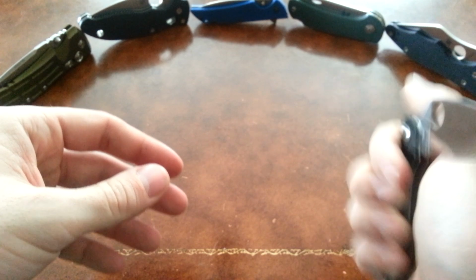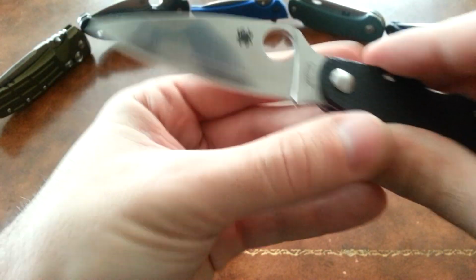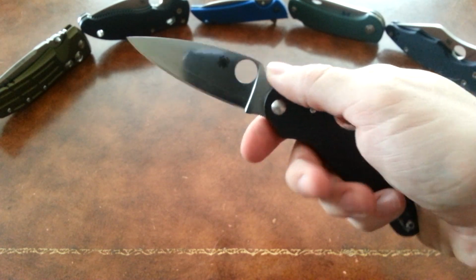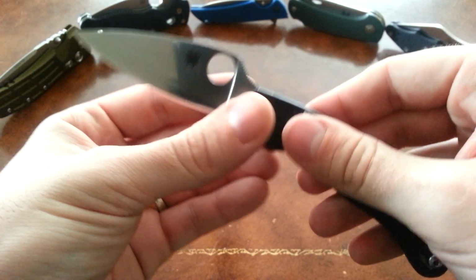That being said, actually using the knife. Using the knife, okay, I've got some things here. So this might take a second to explain. Sorry if I'm rambling, but